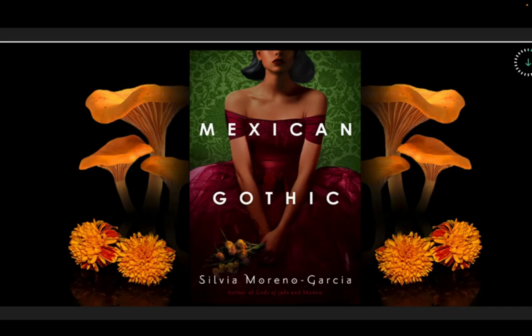And you'll notice that as you read The Yellow Wallpaper, it's going to seem very familiar, and that is because in Mexican Gothic, Catalina is similarly obsessed with the wallpaper, except the wallpaper is green in this scenario. She's also in a Victorian house. She's also under the thumb of a very controlling husband who won't let her do anything. And she is also being treated by doctors for a nervous disorder.